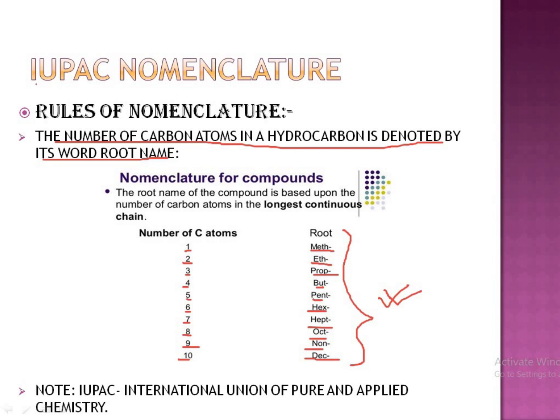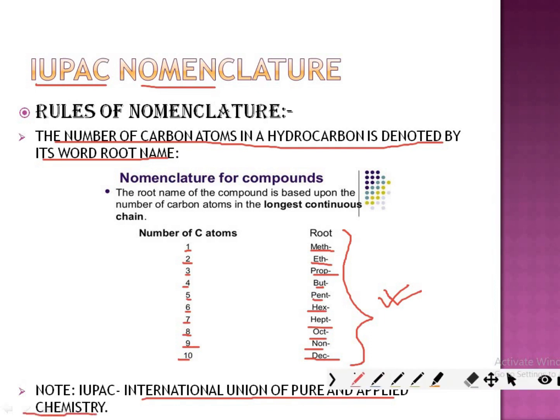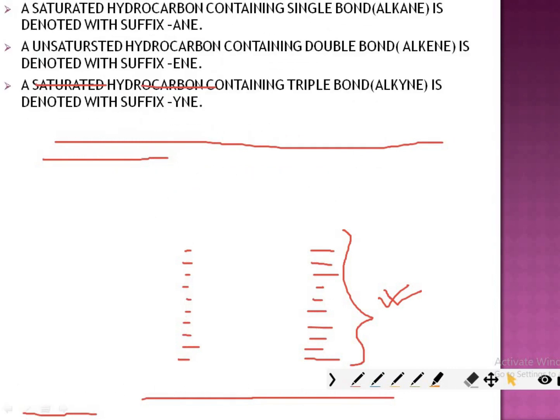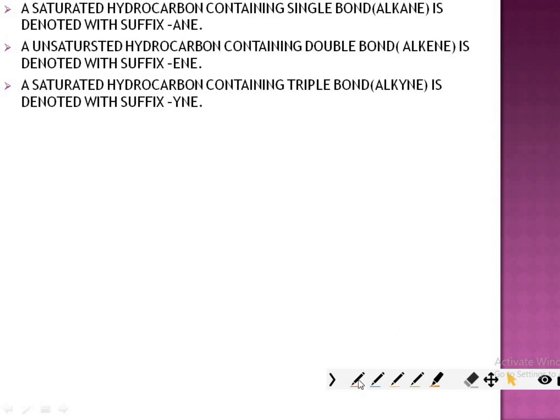Now this naming is called IUPAC nomenclature. What does IUPAC stand for? IUPAC stands for International Union of Pure and Applied Chemistry. Now let's continue with the rules. The second rule is